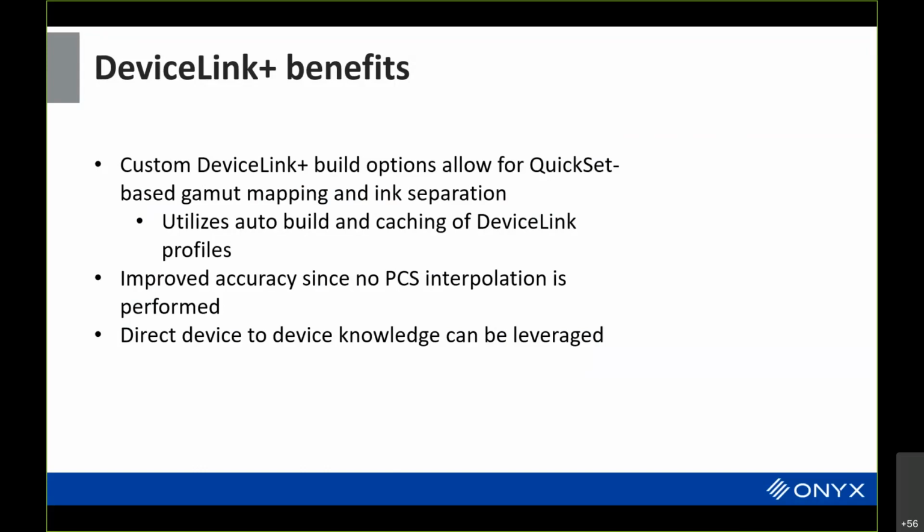the printer profile doesn't know what the source colors are because all it knows is the PCS going in. When you have a device link, you can start with an RGB 0,0,0, know it's a black and do something. Or you can start with an RGB 255, 255, 255, and know what you're doing. Or you can have black ink only and do something appropriately. So the real key is with device links, since you actually know both sides of the transformation, you can leverage that to actually do more clever things.